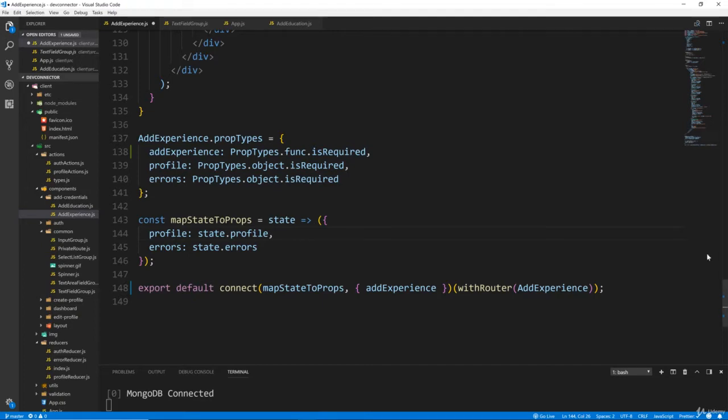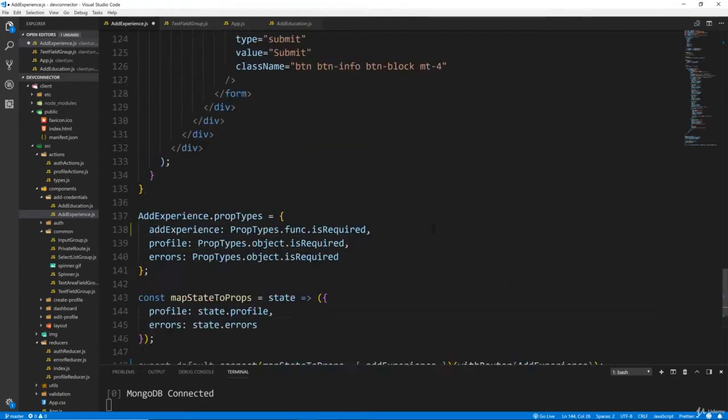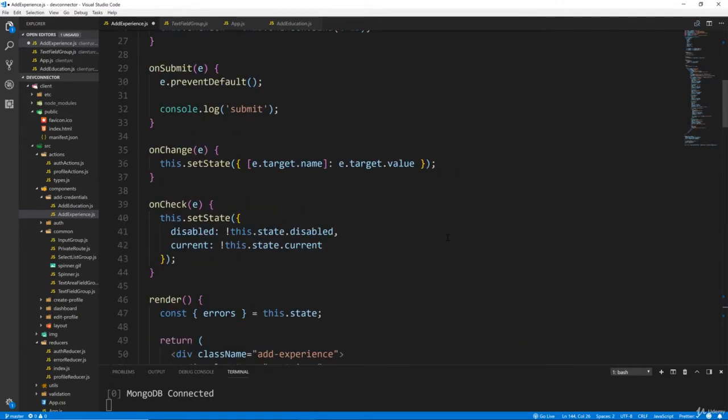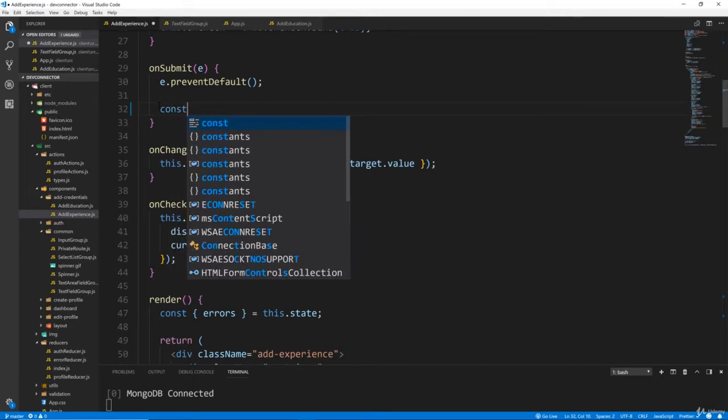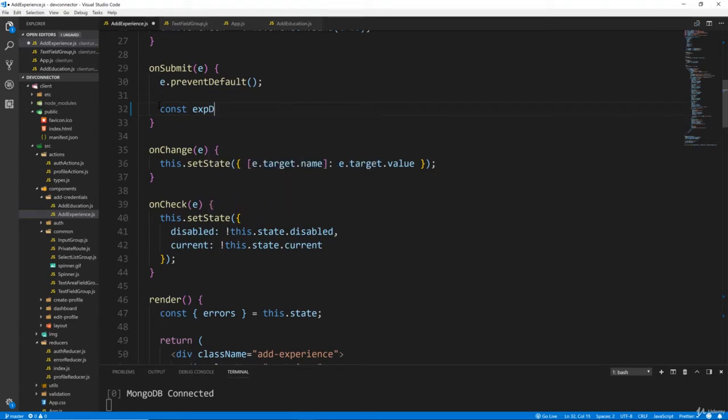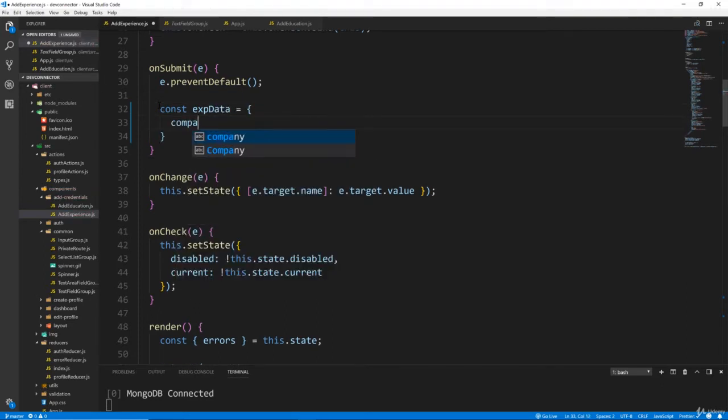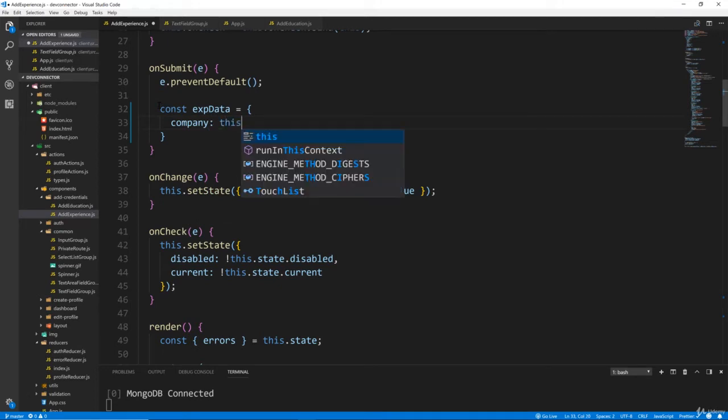All right, now this add experience, when do we want to call this? We want to call this when we submit the form, right? So let's go up to our onSubmit, which is doing nothing right now except logging submit, and we need to get the data. Okay, now the data is in the state, because we're dealing with a form here. So we want to say const, I'll call it expData, set it to an object, and we want the company, which is in